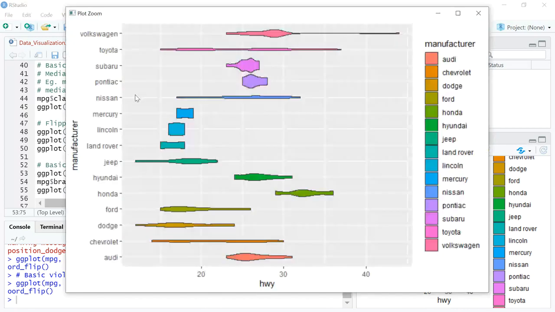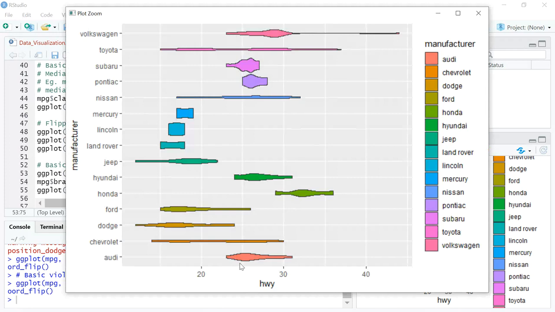What you see here is the list of different types of cars against their highway miles per gallon. And why I call it the second example is that it's slightly harder to interpret this graph, right? Because it starts off with Audi and then ends at Volkswagen, and because of that, you'll see that the graph is slightly erratic, right? It's not in a sloping line.